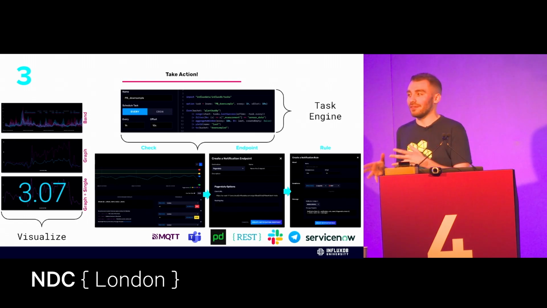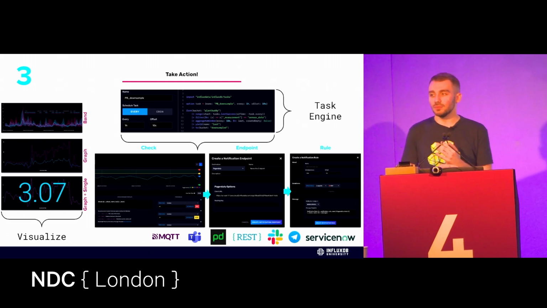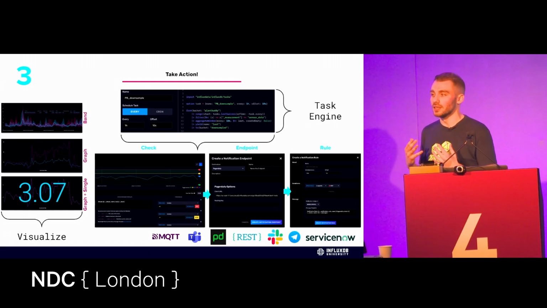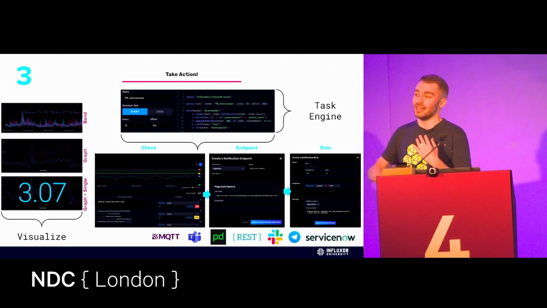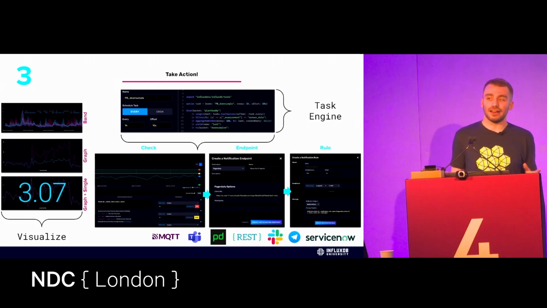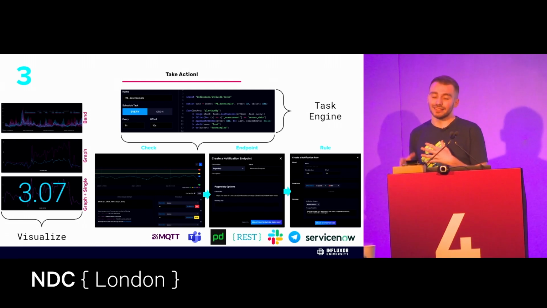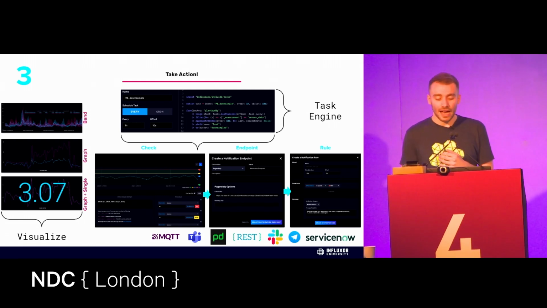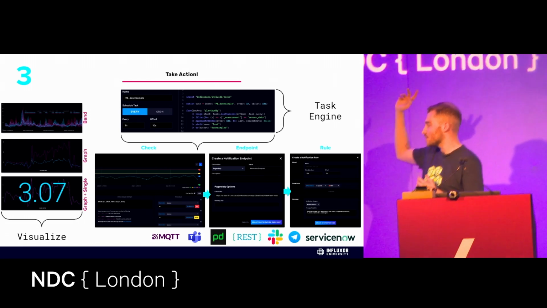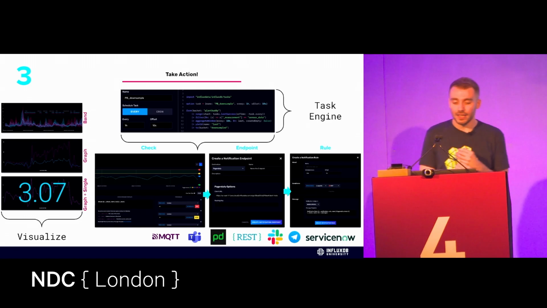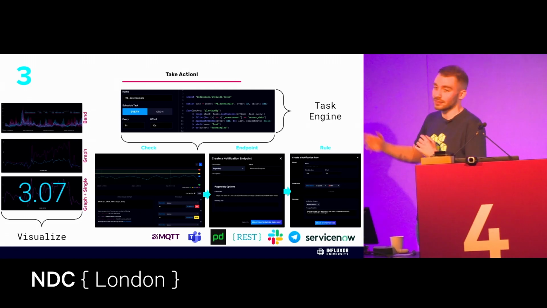And also what we have is a task engine. So it's all great running queries yourself or maybe your own application, but maybe there's certain queries you want to run on a linear basis. So maybe as part of a cron job or as part of a sort of hourly interval. We actually have that embedded within our time series database. So a great example of this is downsampling. And lastly, we also have a notification service. So you can see that here, MQTT, Teams, PagerDuty, REST, Slack, the works in terms of sending data out in terms of notifications from your tasks.